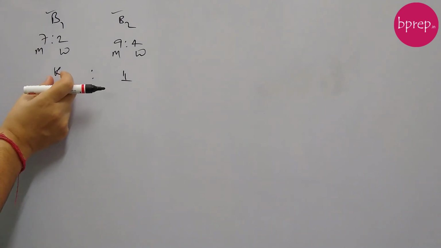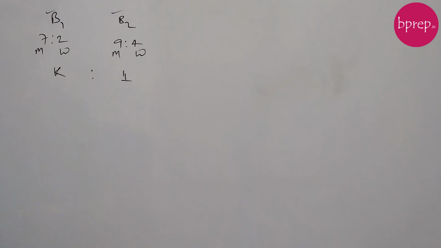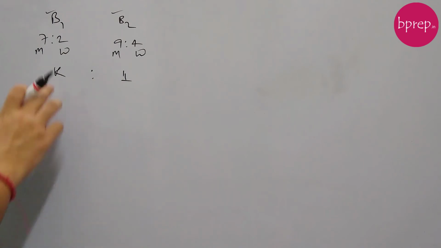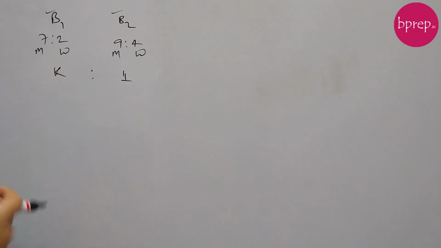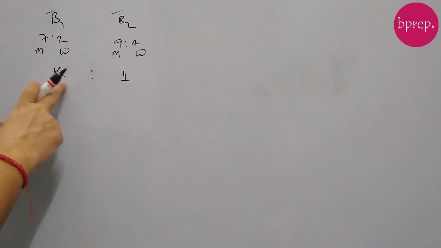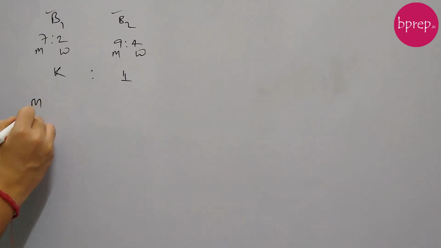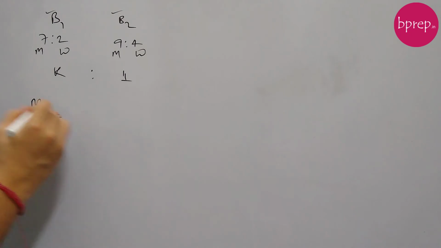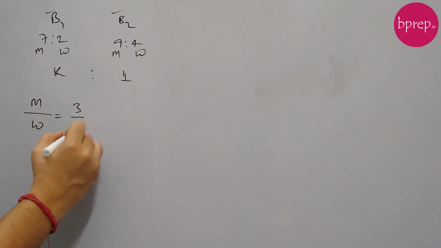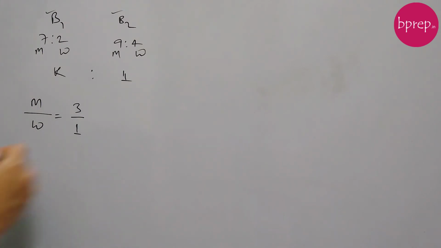Even if K comes as a fraction, that's fine, it will go to the denominator and we will get the answer. Usually if I take the algebraic approach in ratio and proportion problems, I'll assume K:1, because then we have to deal with just one variable instead of taking x:y or A:B. So let's take K:1. If we are mixing in the ratio K:1, the final mixture will have milk by water as 3/1, right? This is given.